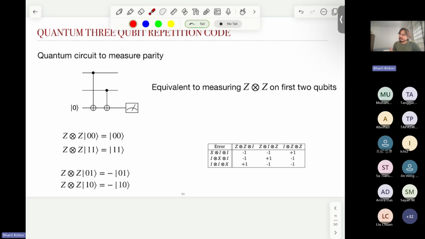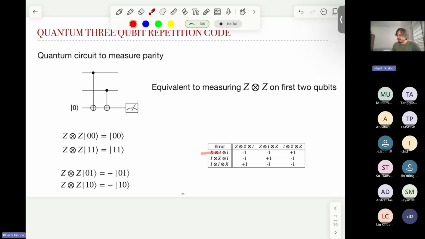It's more like a test result. Let's say when you go to a doctor and you're not feeling good, these are some tests which are performed, and after that, if you get a minus outcome, it tells you that something bad has happened. So you can see there are three kinds of bit flip errors that can happen in the quantum case,